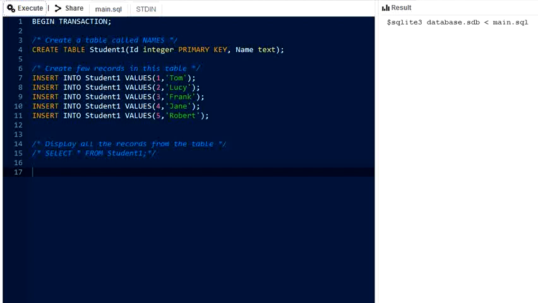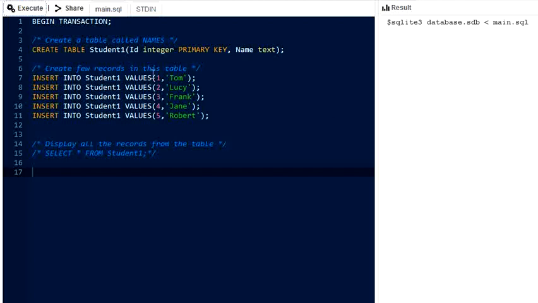Friends, today we are going to learn about the union operator. In that we will see how the union operator works. Actually, union is used to combine the records of several tables. So here we will take an example of two tables. To understand the concept of union and union all, we have to first create the table.